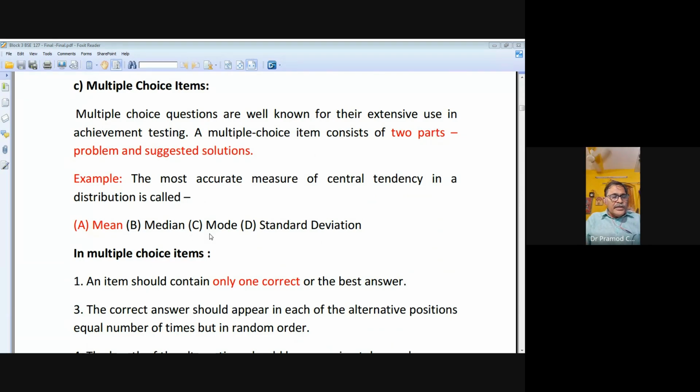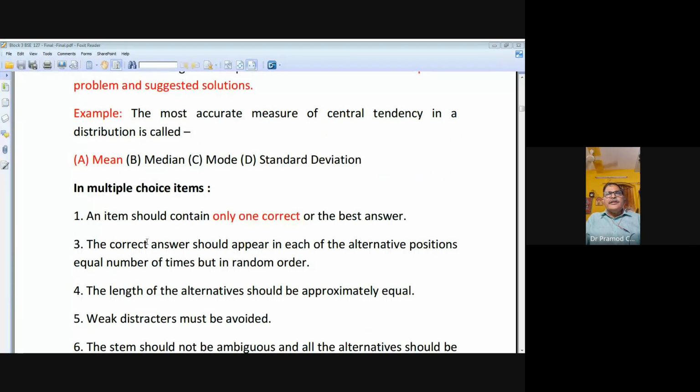A multiple choice item consists of two parts: one is the problem and another is the solution. The problem is known as the stem and the other is the distraction. Suppose: the most accurate measure of the central tendency in a distribution is called what? It is the mean, that is the average. Median is the exact middle, mode means which score is coming maximum times, standard deviation is there, but mean we are accepting as the accurate measure of the central tendency. Whatever it is, when we are preparing multiple choice items, we must see